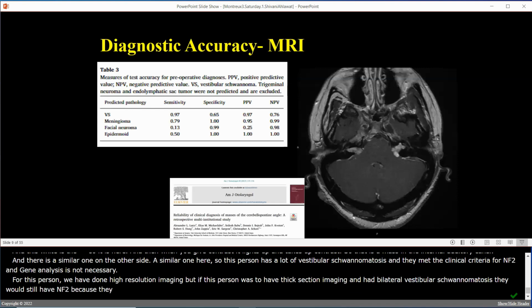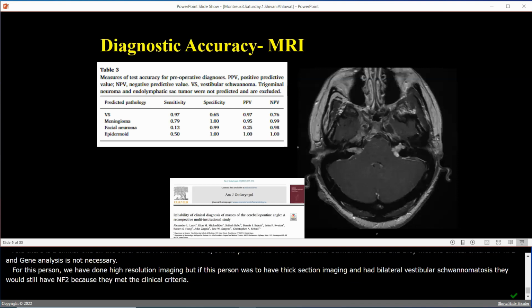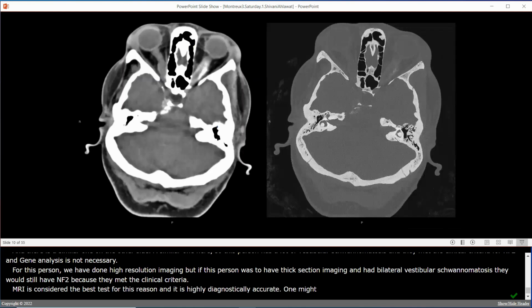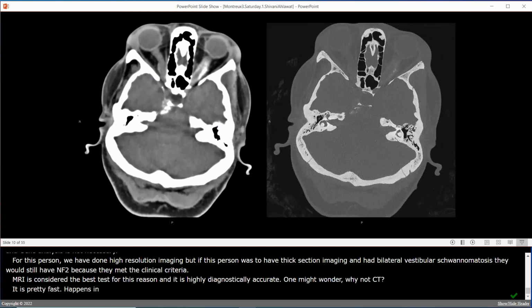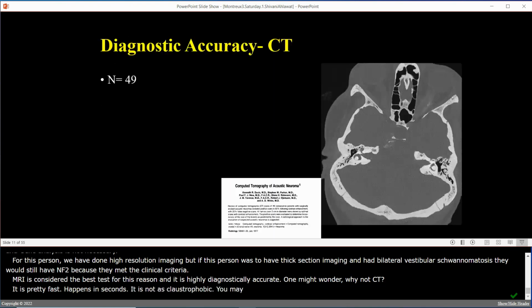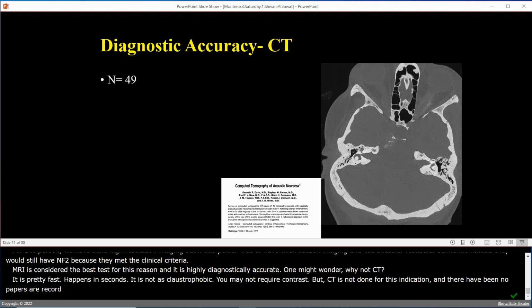MRI is considered the best test for this reason, and it's highly diagnostically accurate. One might wonder, why not CT? It's pretty fast, happens in seconds. It's not as claustrophobic. You may not require contrast, but CT is not done for this indication, and there have been no papers with regards to CT and vestibular schwannoma since the 70s. And what we learned in the 70s was, if you didn't give contrast and did a CT, you would not